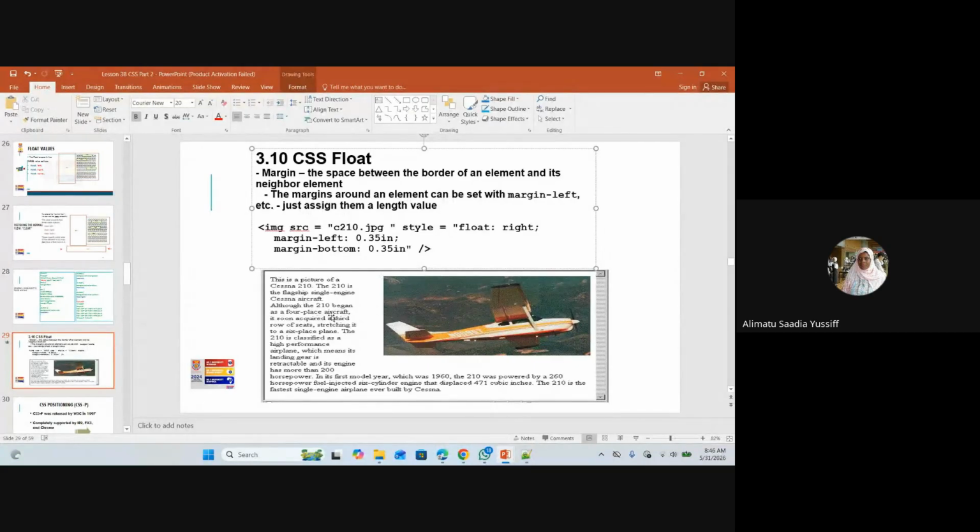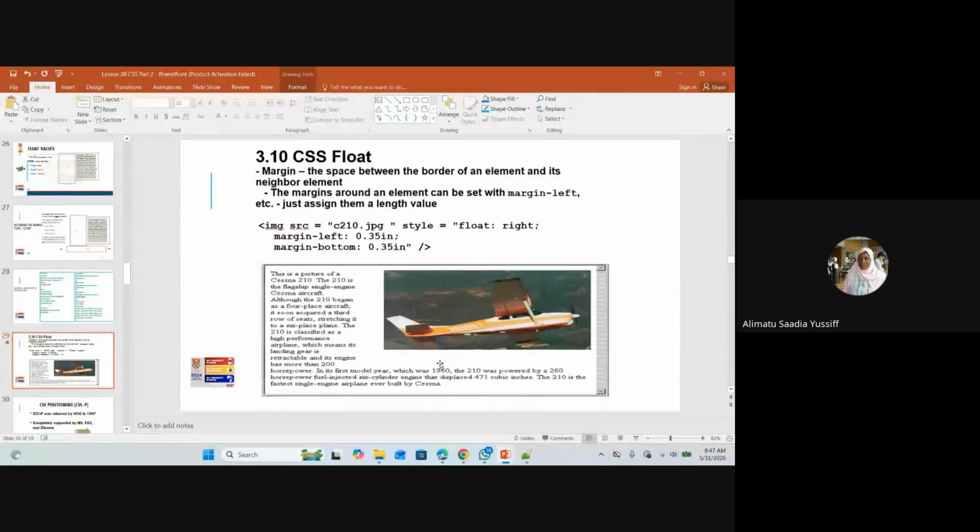Left of the image to the text, there should be this distance. Margin bottom, the text shouldn't come closer to the image. Then you set the space as well. That is CSS. With the margin left and margin bottom, all these text will come closer and flow around the